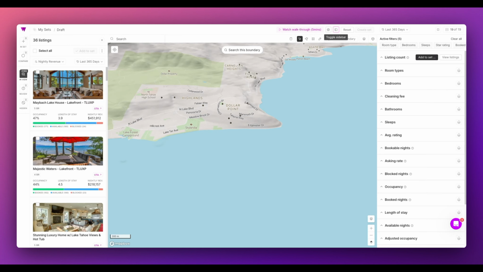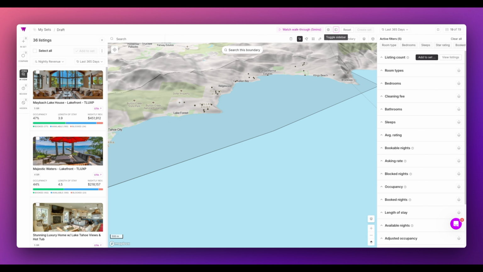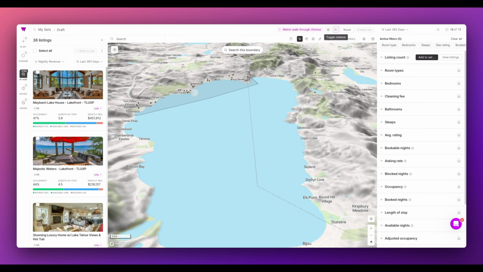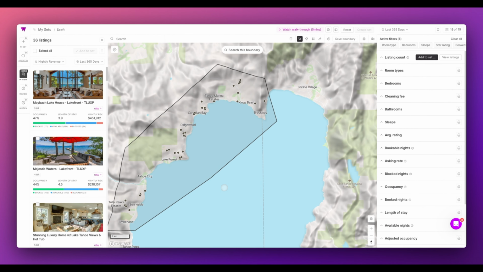Welcome to Navigator. Navigator is a tool that combines performance, geographic, and other data to help you make informed financial decisions about your hospitality business. In this case, I've quickly cut to the 36 highest performing large properties in the North Lake Tahoe area. And yes, we're going to show you exactly how to do this in just a matter of minutes